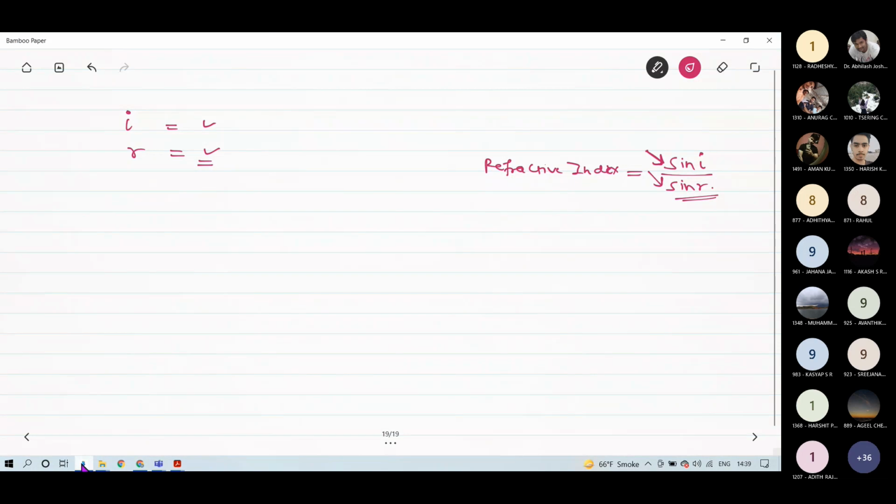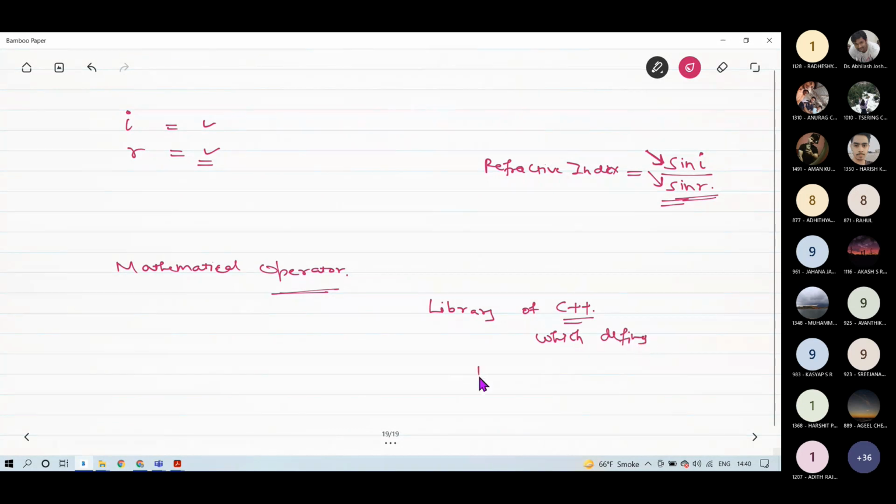Yes. See, for these type of things, for using these type of mathematical operators, you have to use a library of C++ which defines these types of mathematical functions.